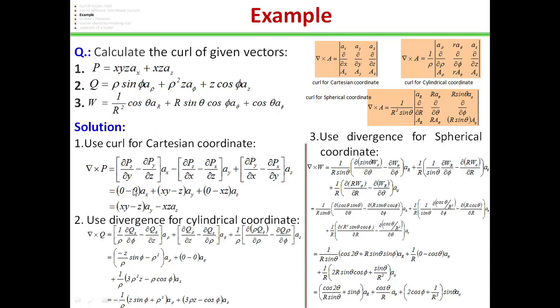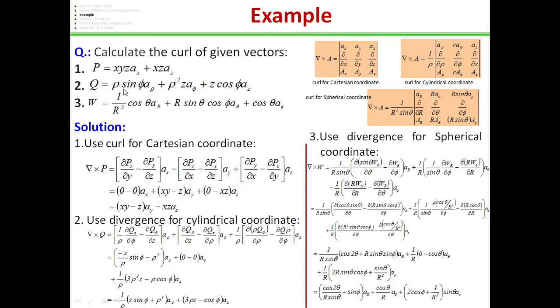We will find the final result, and finally del cross P is equal to xy minus z ay minus xz az. In the second question, vector Q is given in the cylindrical coordinate system. So in the cylindrical coordinate system, we know the curl of a given vector. By applying the formula of curl in the cylindrical coordinate system, we can calculate the curl of the given vector